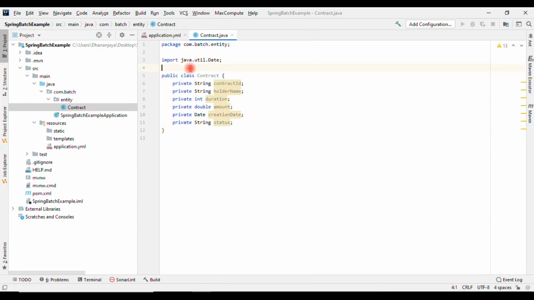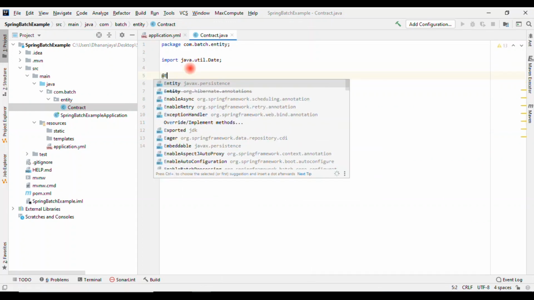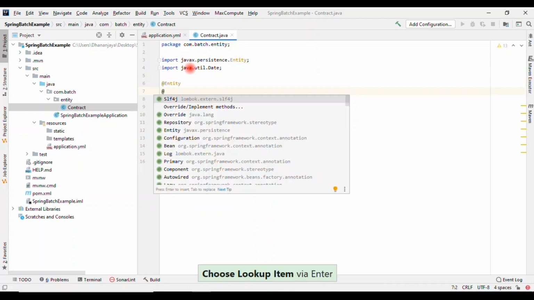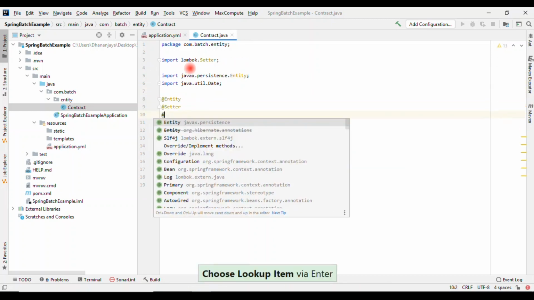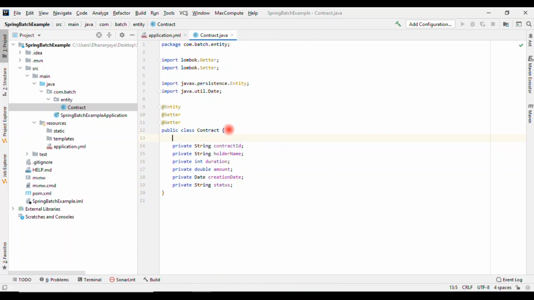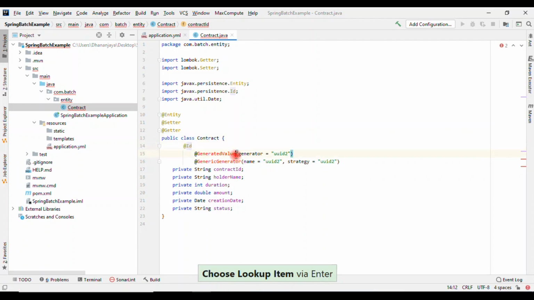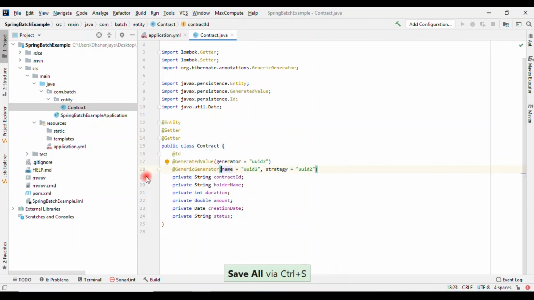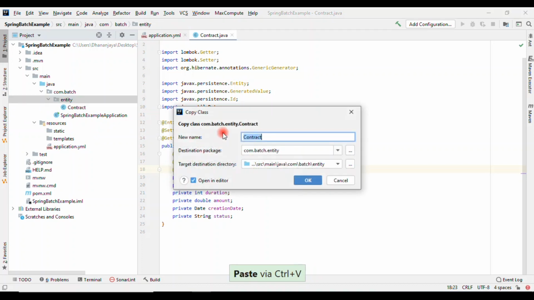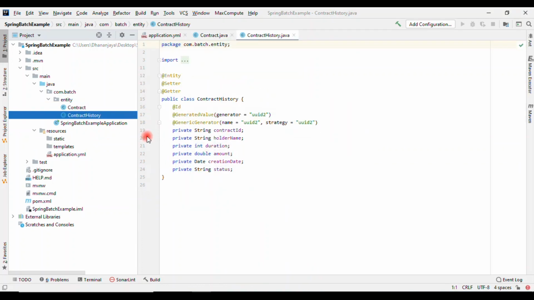Let me annotate this with @Entity, @Setter, @Getter, and @Id. I will generate the UUID for this; I have a live template. Let's copy the same and create another table, ContractHistory, which also has the same attributes.